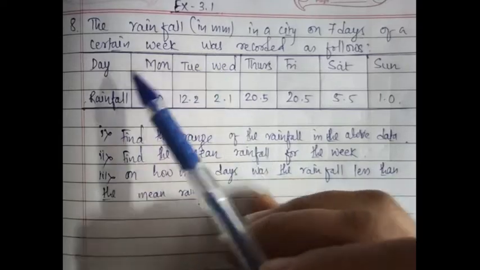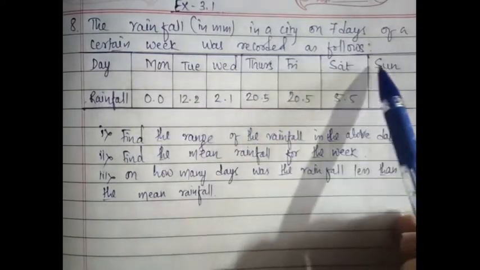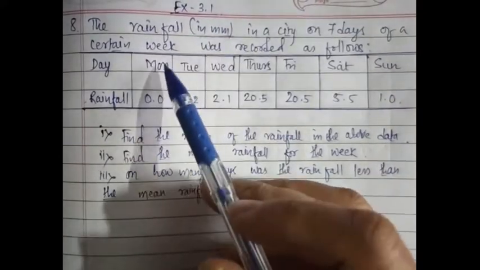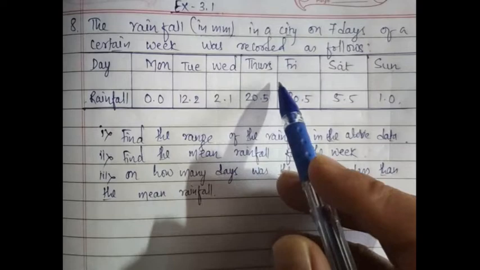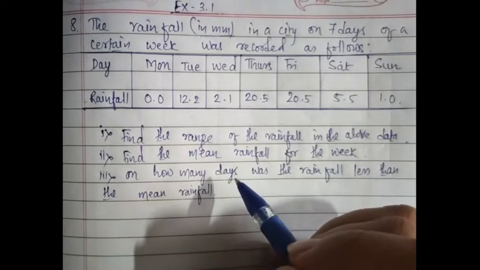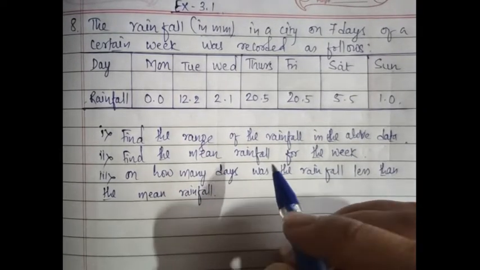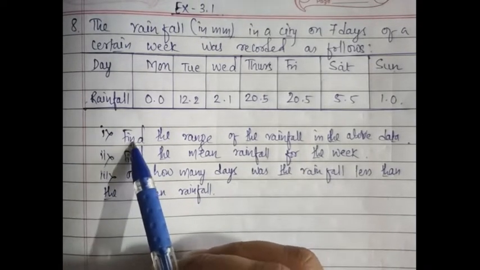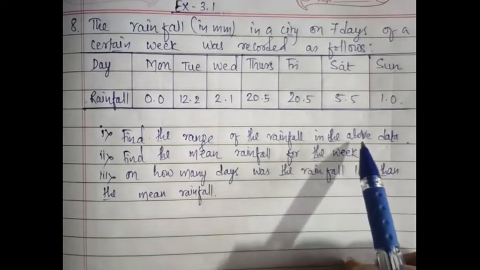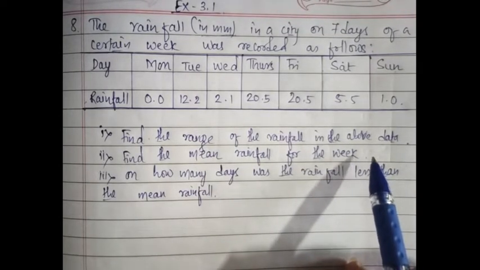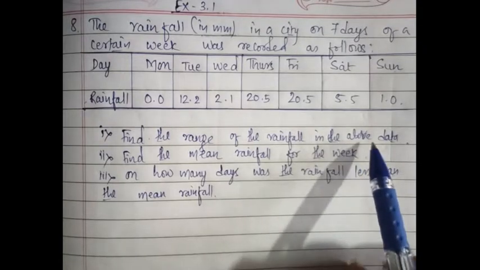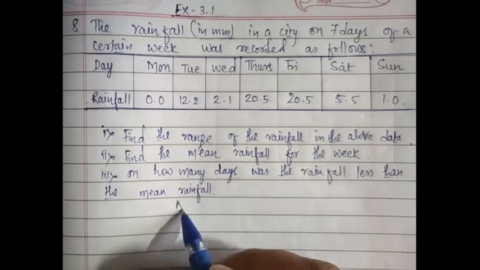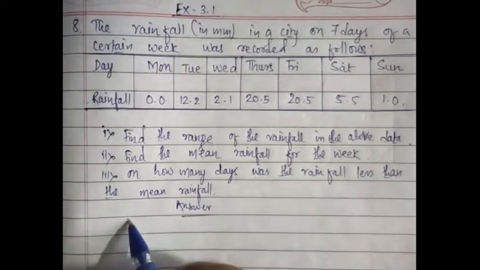Okay, so in a day, this is represented for day, and the rainfall in millimeters has also been recorded. So using this table, we have to solve the questions given in the problem. The first question is: find the range of the rainfall in the above data. So you have to find the answer here. To find the range